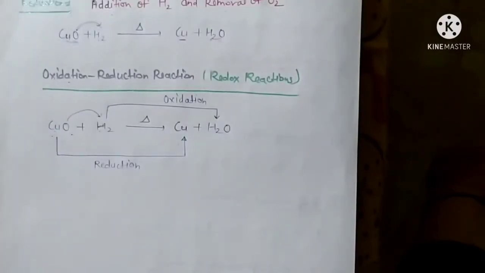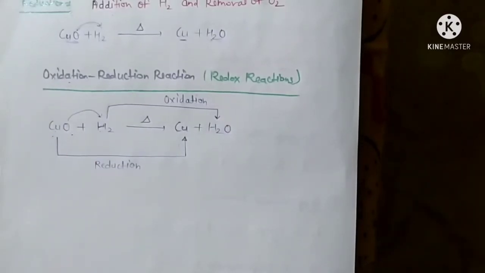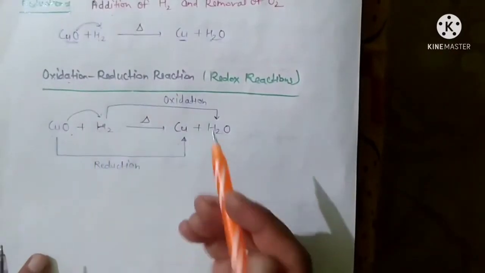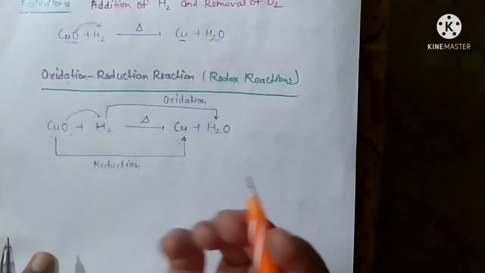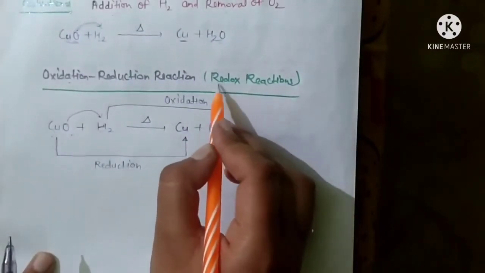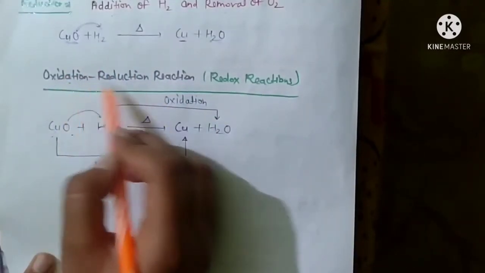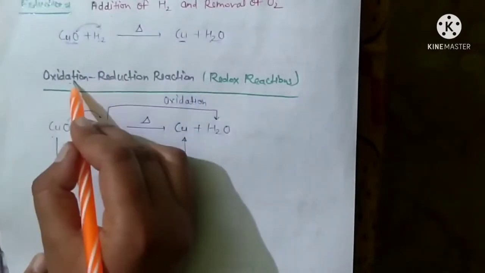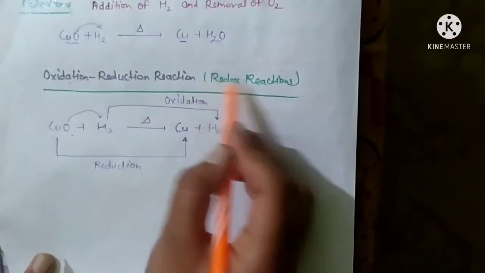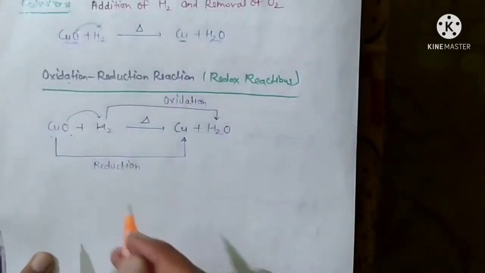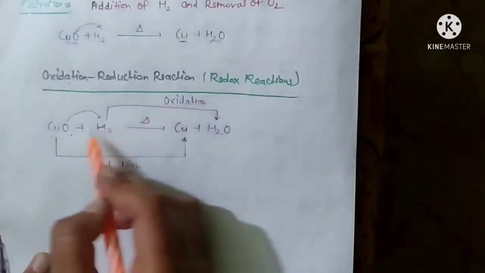Basically, in a reaction, one reactant gets oxidized while the other gets reduced at the same time. So this kind of reaction is called oxidation reduction reaction or redox reaction. Examiners can ask you in board examination, what is a redox reaction? So please do not confuse. Redox reaction is nothing but a reaction in which oxidation and reduction take place at the same time. Both are the same.